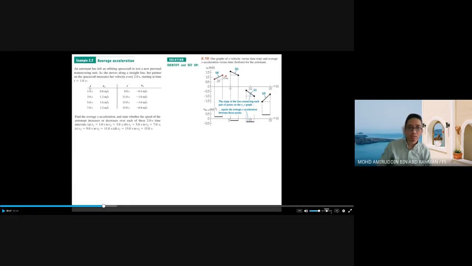Let's say at t1, at 1 second, the velocity is 0.8, so you plot 0.8, and at t equals 3 seconds, it is 1.2, so you plot 1.2. Then you find out the delta velocity over the delta time, and then you move on. Then you go to 5, and you keep adding the points to find the